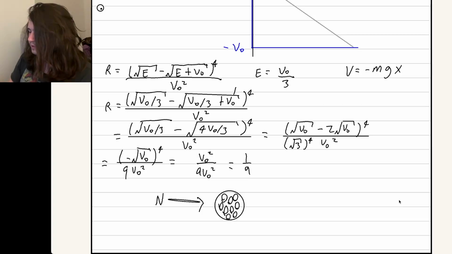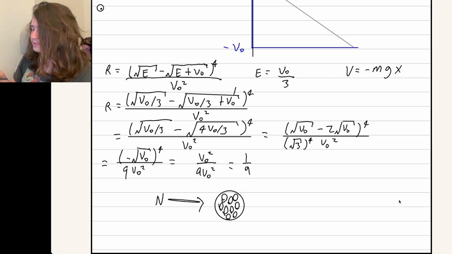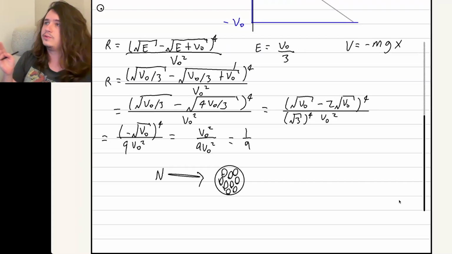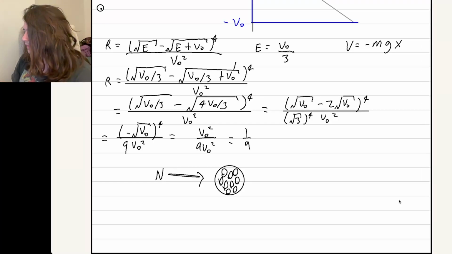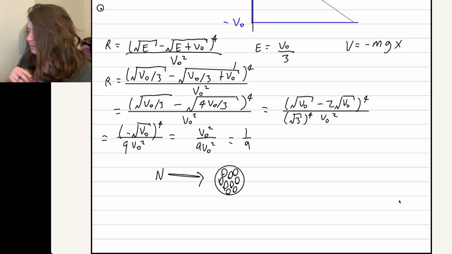It's asking us, what if we wanted to calculate that the neutron tunnels into the nucleus and ends up having more fission, like a chain reaction? Well,